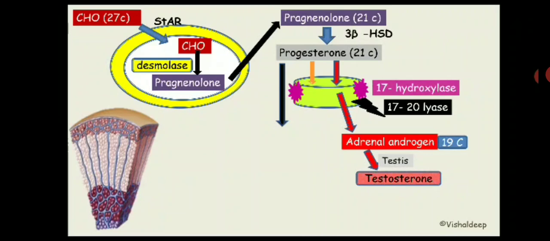How this adrenal androgen will make testosterone, which we discussed in male reproductive hormone, and this testosterone will eventually be made into dihydrotestosterone, the active form of testosterone, by the enzyme 5-alpha reductase. Got it? On the other hand, the 17-hydroxylase enzyme present in the cortisol making cell has only a single function, that is 17-hydroxylase. So in this 17-hydroxylase workstation, the cortisol making cell has one function, while the same enzyme has two functions in the sex hormone making cell, that is the reticularis.